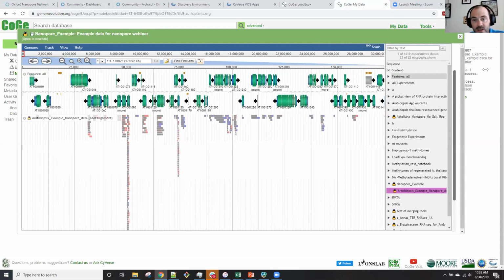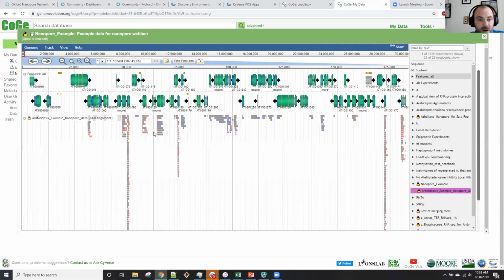And what it looks like is something like this, where these are all long-read nanopore sequencing reads mapped back to Arabidopsis. And you can see the Arabidopsis gene genome annotations, all these genes. And if I were to zoom in, which I don't really have time, you'd be able to see intron, exon boundaries, etc. Okay, so let's go back to the presentation one last time